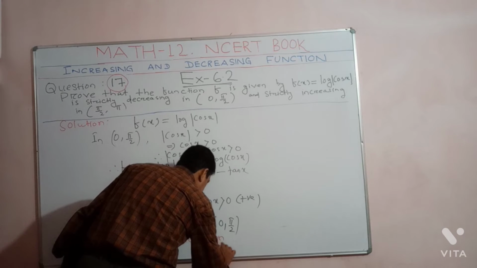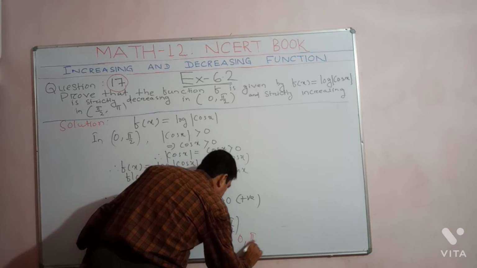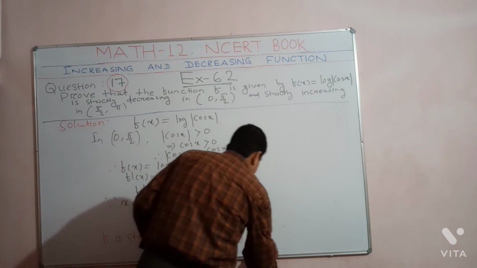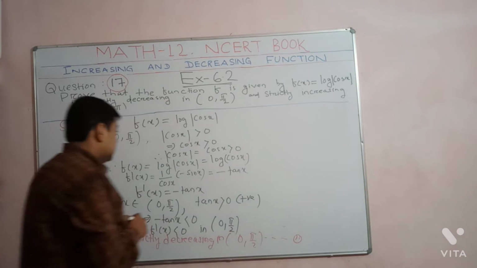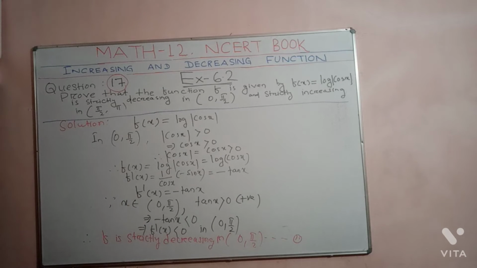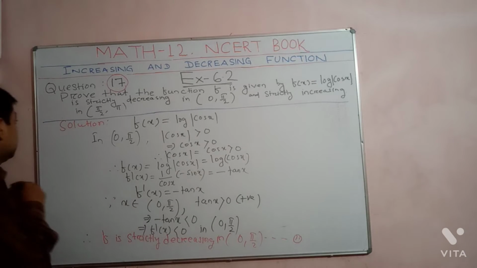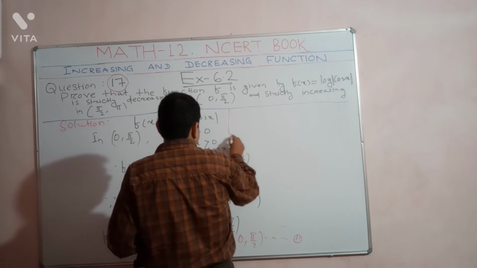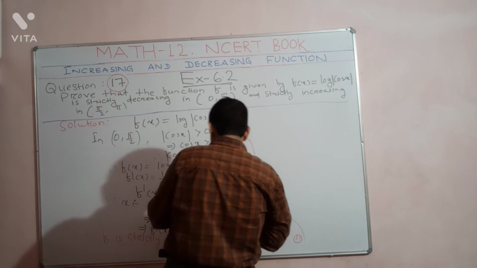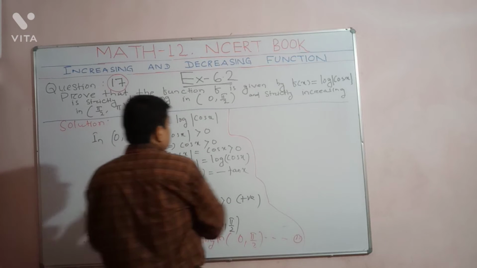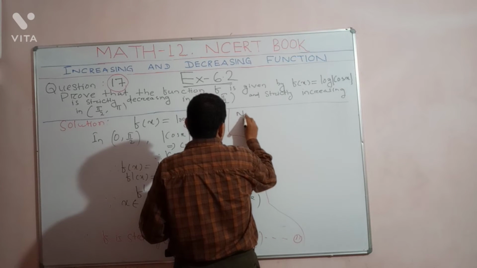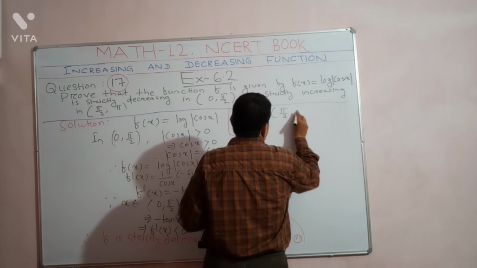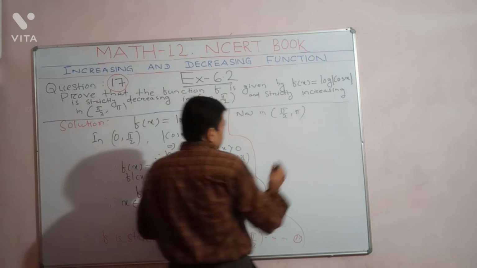Okay, in the interval 0 to pi upon 2. Understand or not? So thus we got the first point. And in the second quadrant, this next interval, in the interval pi by 2 to pi, let us say in the interval pi by 2 to pi. Is it clear? So now in the interval pi by 2 to pi, it means x belongs to which quadrant?